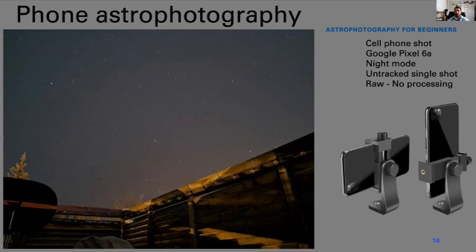And I just used JPEG mode. There was no point I found using RAW mode because it resizes the image to half the size if I was shooting in RAW mode for some reason. But since the phone's doing all the processing by itself, I just left it in JPEG mode and told it to take a picture. And this is the result that I got, which was pretty good. You can actually see the glow of the Orion Nebula at the very bottom here.